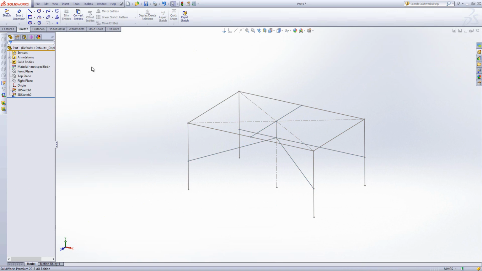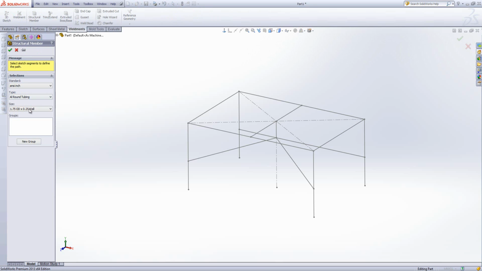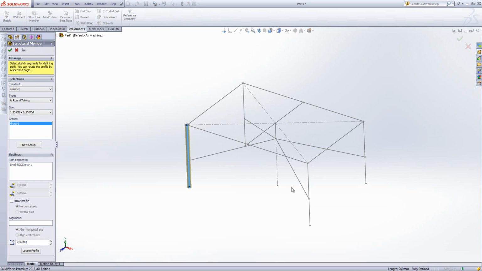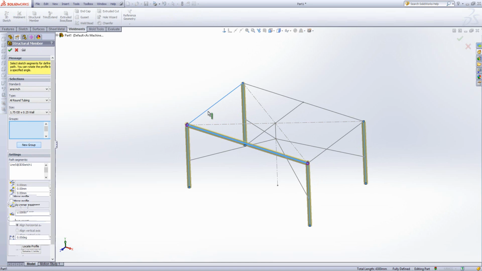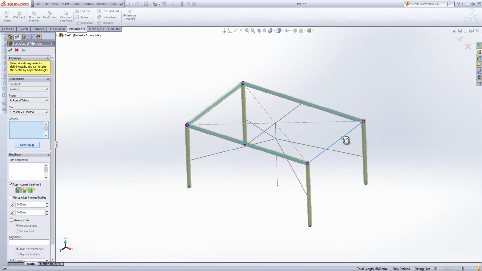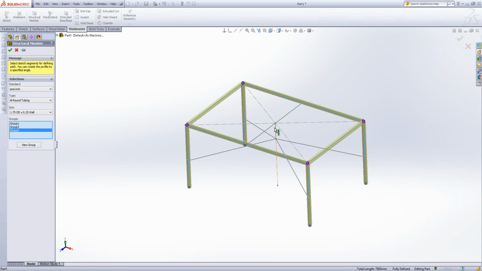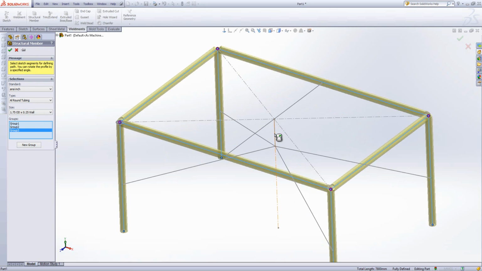And at this point I can then exit my sketch, and I've got my framework fully made now in 2 different 3D sketches. I can go ahead and then go to the Weldments tab in this case, and I'm just going to do some structural members for this. So let's do these legs first, like so, and then maybe do a new group which will be these ones here, like that, and then a new group which is, let's say,